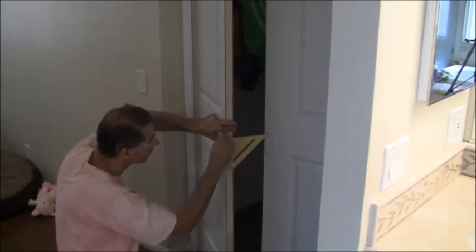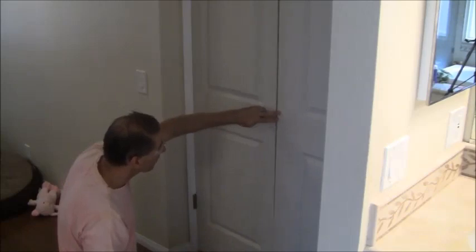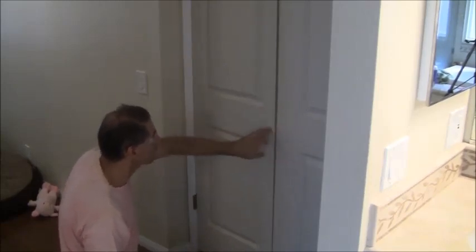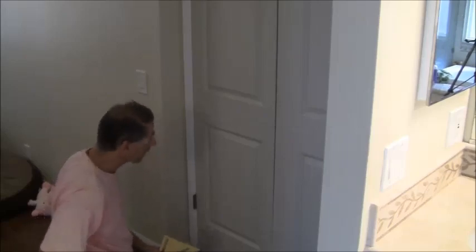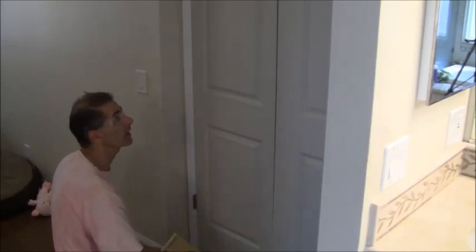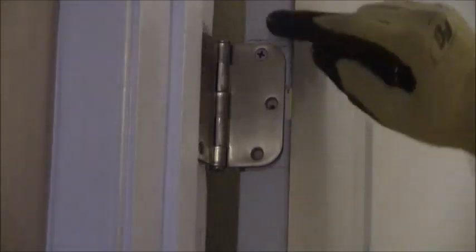And there we go. Alright, so now I know exactly where my lock set is going to get installed on the door. So I have to drill out for the lock set, so I'm going to take the doors off the hinges and take them upstairs right now so I can do that. Before I pull the door off of the hinge, I want to